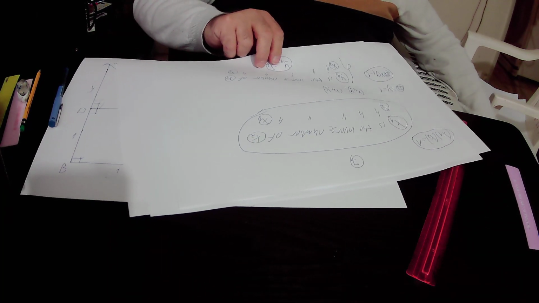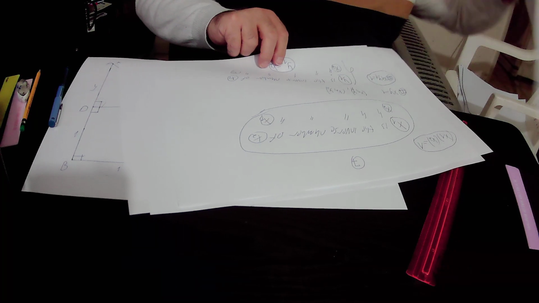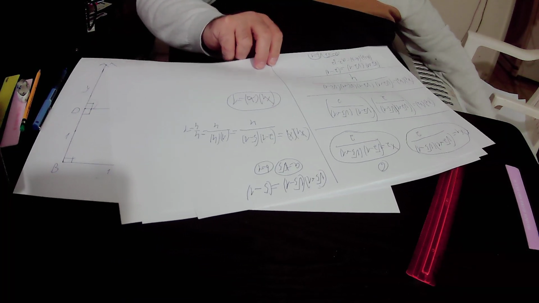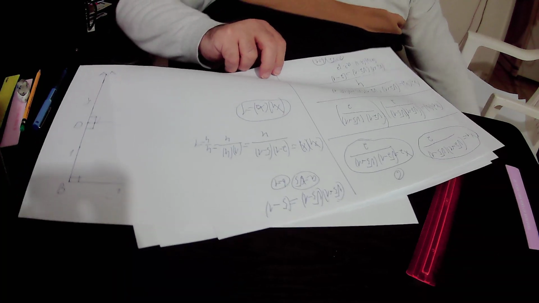We have a square that is inside a right triangle in the drawing,